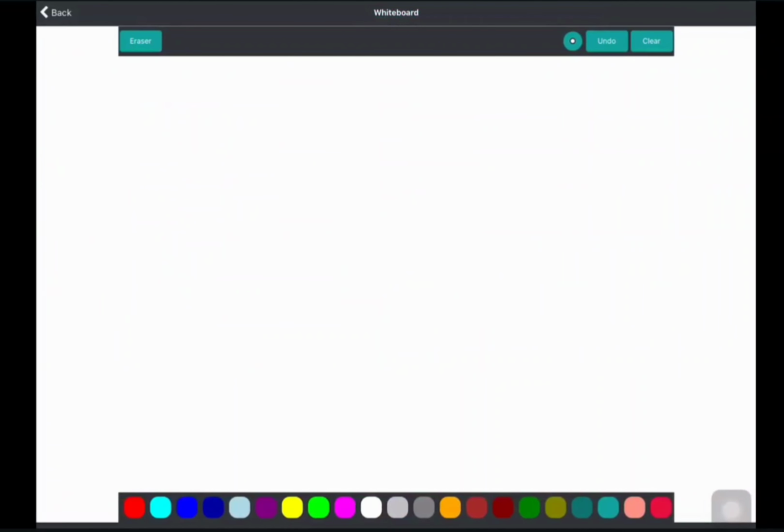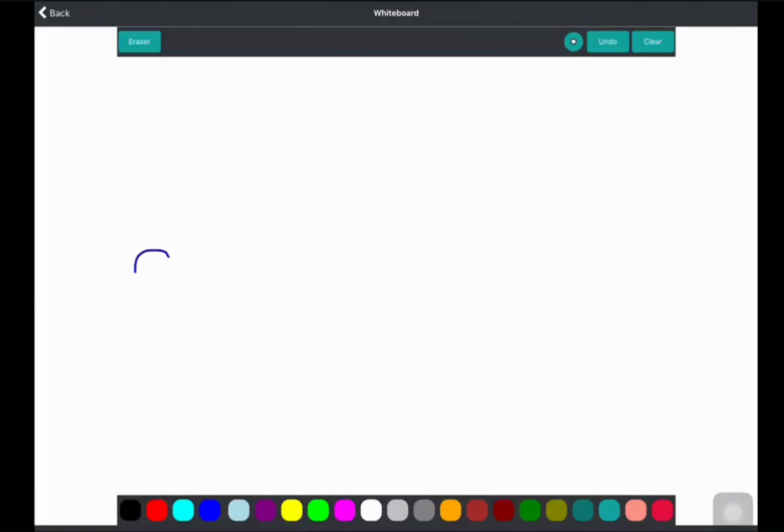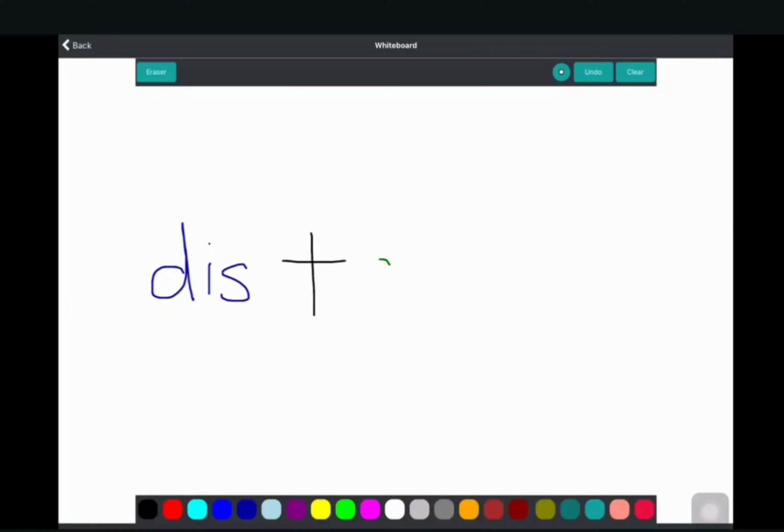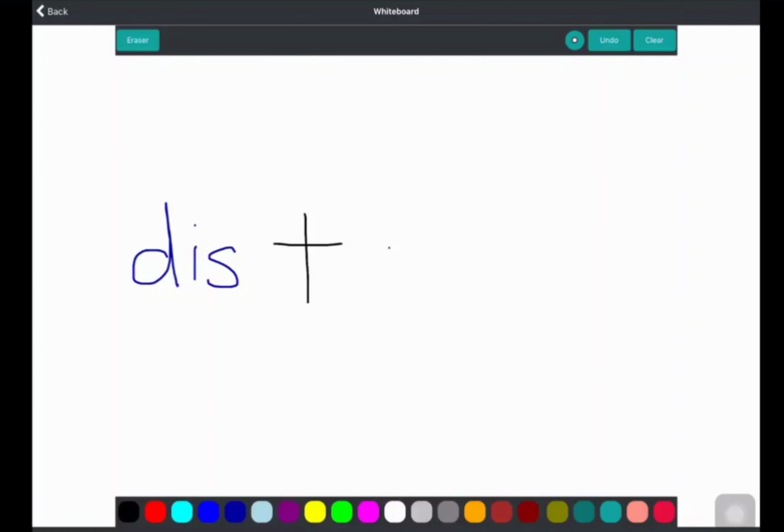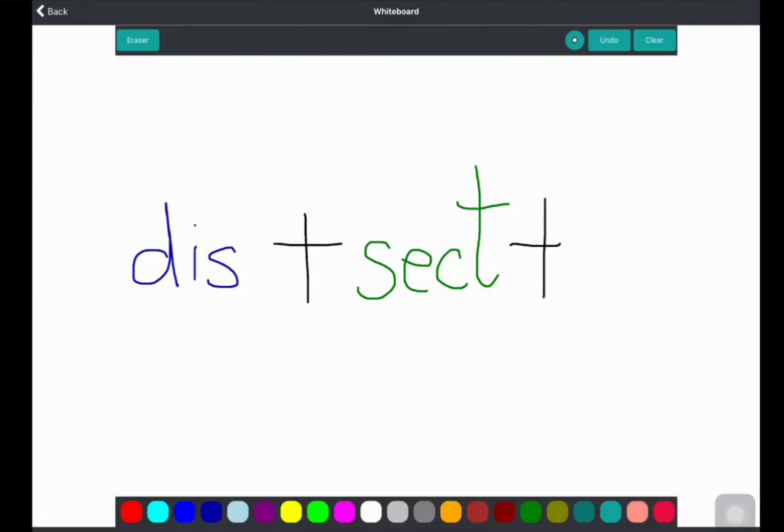Another way we can model a word sum is using the draw feature, which I would prefer. I go to U is for prefix, D-I-S. I use the plus sign, and green is the base, S-E-C-T. Again plus sign, and my vowel suffix I-O-N is rewritten as. I would write it down,